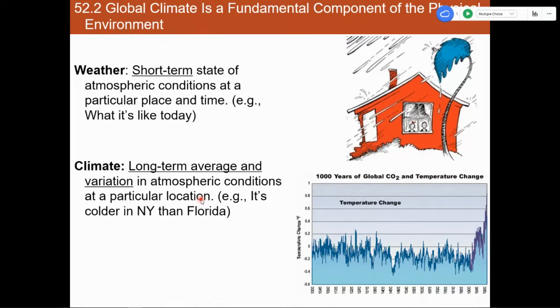And it allows you to say that, on average, if I was going to fly to Florida, I would normally be good taking a pair of shorts and a t-shirt because usually it's warmer there than if I was leaving from New York where I might need a jacket, okay? There are individual days when it's cold in Florida and individual days when it's hot in New York, and occasionally maybe Florida might be hotter than New York, but the average climate in those two locations is different, okay?